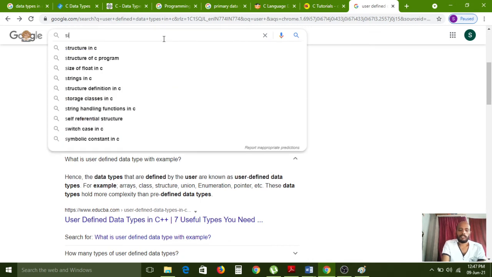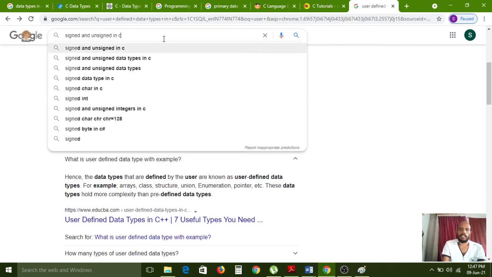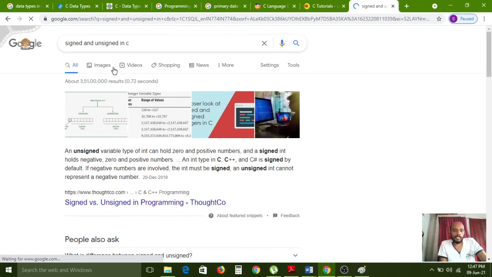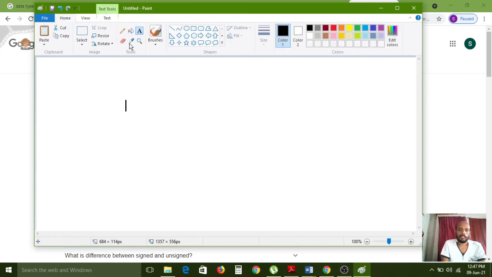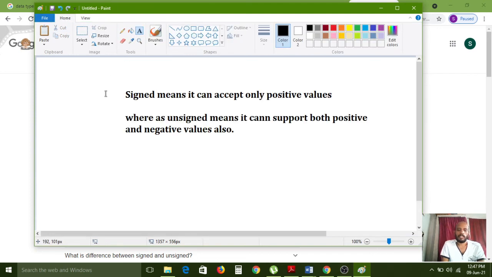Signed and unsigned in C. An unsigned variable of type int can hold 0 and positive numbers, and signed int holds negative numbers and 0 and positive numbers. Sorry, here I have used it reversely. Again I am going to tell you.